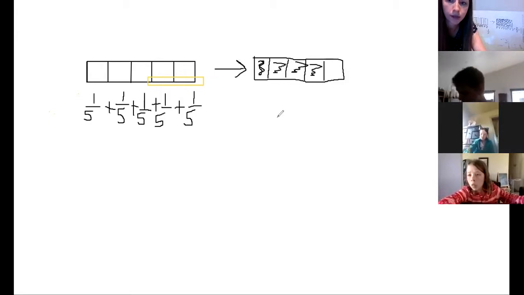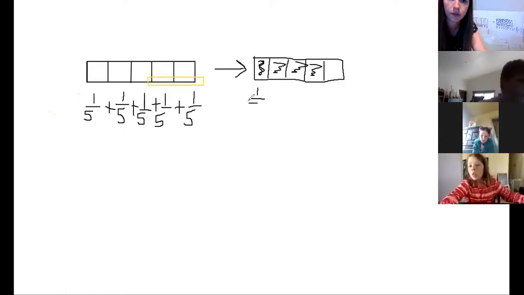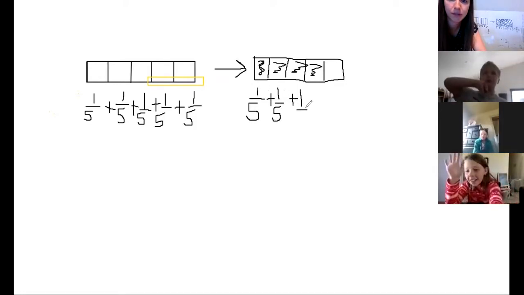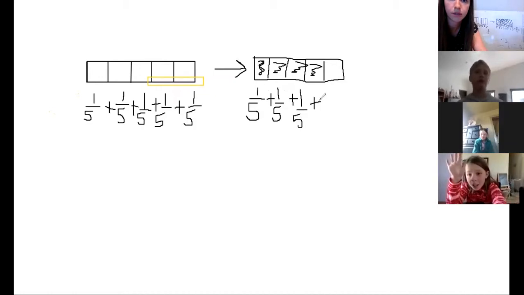Okay, so now we have to show the sum of our unit fractions. So we'd have 1/5 plus 1/5 plus 1/5. Sorry, bear with me. Plus 1/5. And we would get a total of,